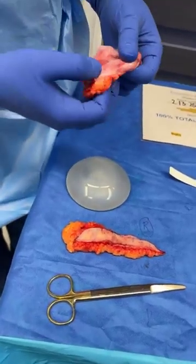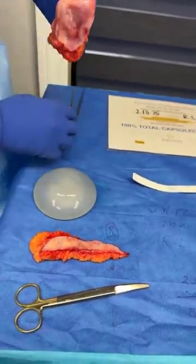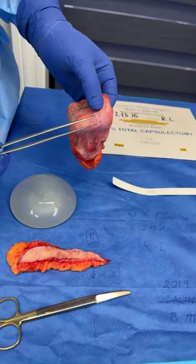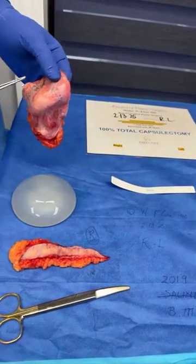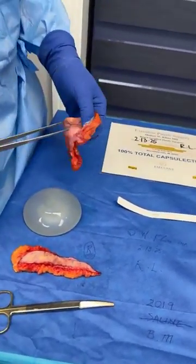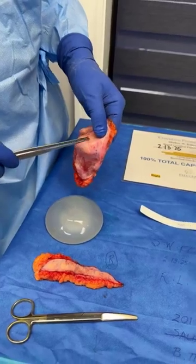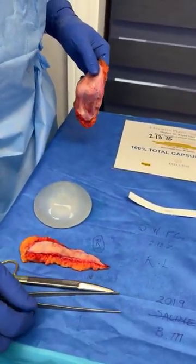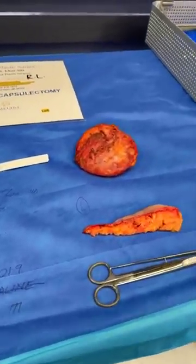And you will see again, look at this tissue, it's so thin and some areas thick. So look at this, look how thin this capsular tissue is, right? If I were to just remove this, the silicone has, if you ask me, leached into the periphery. We have seen silicone go into the lymph nodes on the exam sometimes, but the tissue behind has to go as much as the tissue on the capsule. Look how thin this is, but that fatty tissue behind has to go as well. And that is, in my practice, I don't want to leave that behind. So I'm going to go ahead and remove